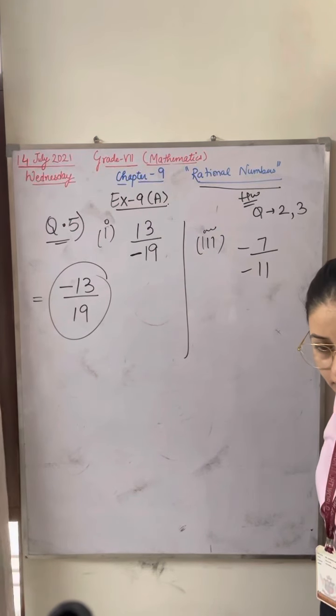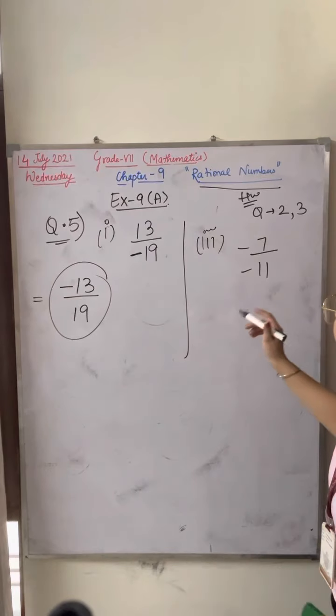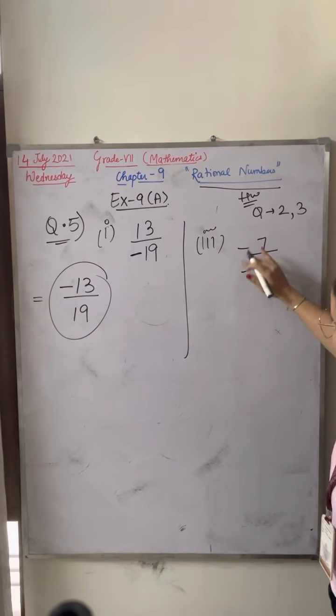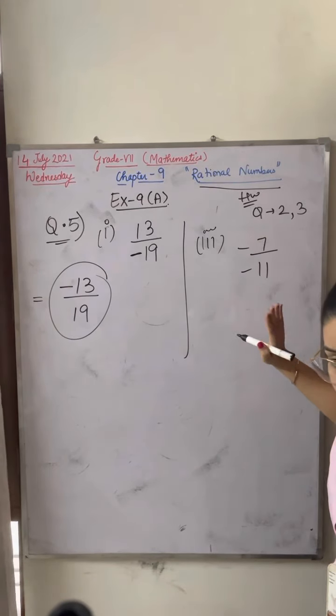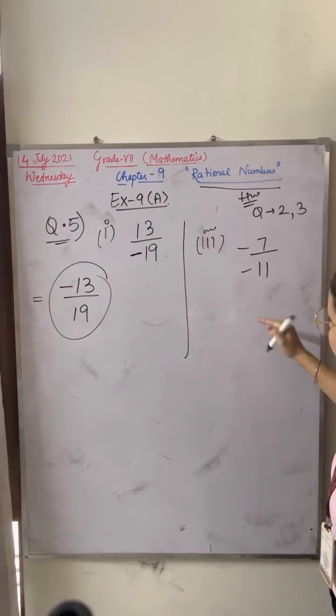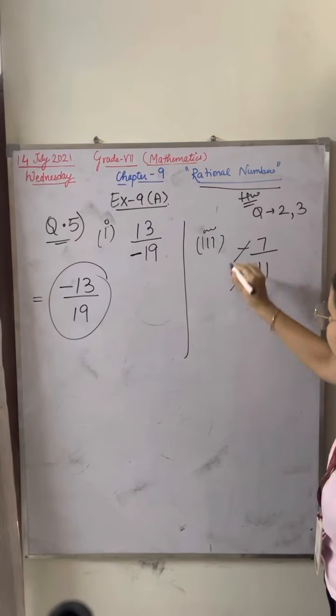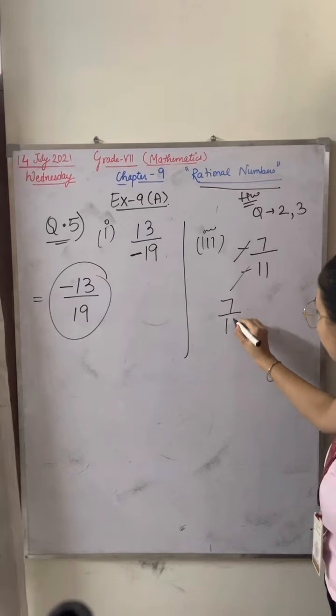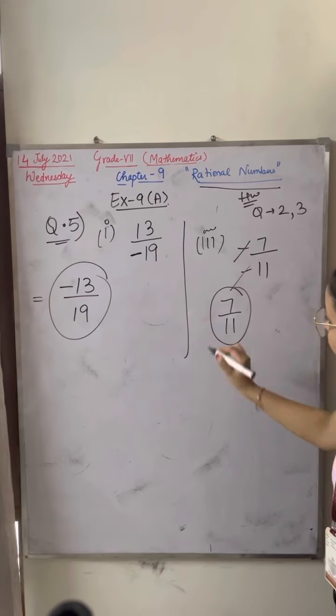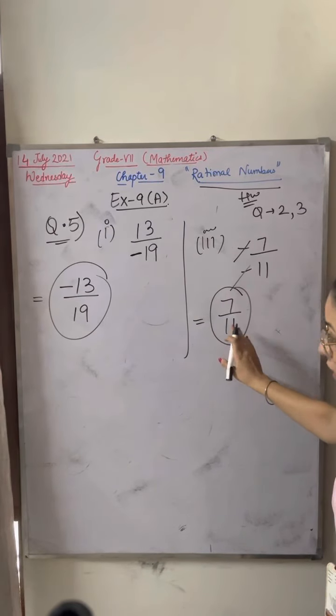Akshara, Sachdeva. Okay. Now next, if both are negative, as I've told you, if they're saying to solve the question, then you can cancel both the negative signs. Now your answer will be 7 upon 11, and hence your denominator is positive now.